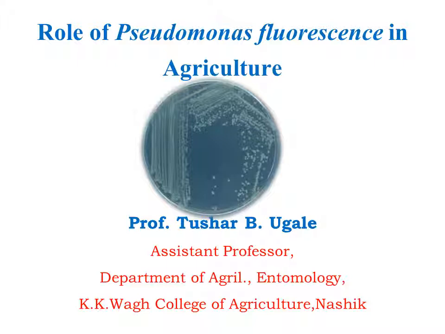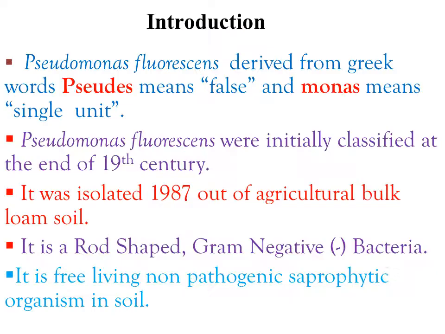We will go through this session on the role of Pseudomonas fluorescens in agriculture. Pseudomonas fluorescens is derived from the Greek words pseudos, meaning false, and monos, meaning single unit. Pseudomonas fluorescens was initially classified at the end of the 19th century. It was isolated in 1987 out of agricultural bulk loam soil. It is a rod-shaped, gram-negative bacterium and a free-living, non-pathogenic saprophytic organism which is very helpful for the